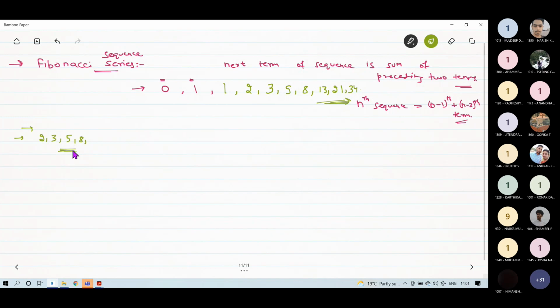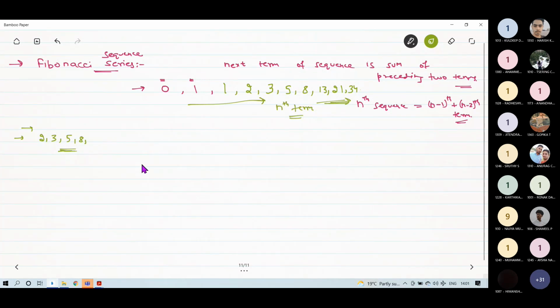Now you have to generate this Fibonacci sequence with the help of a for loop. So how can we do this? Suppose I want to generate this sequence up to the nth term, which is user defined.